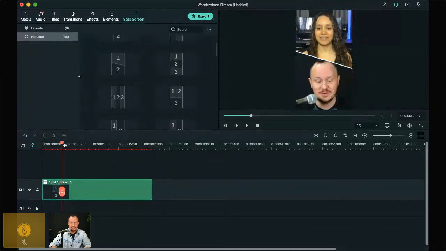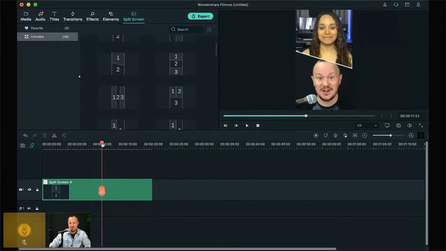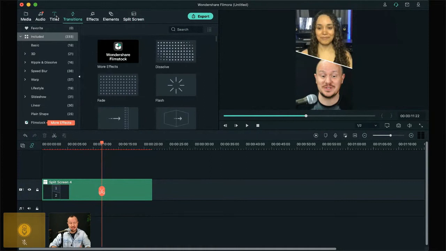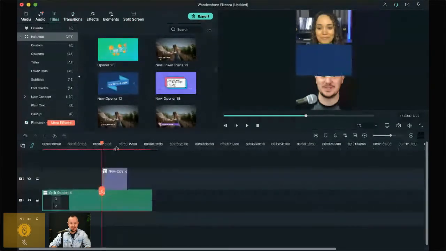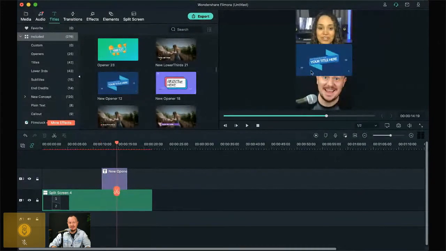And now I have a really cool split screen that I can share on my Instagram stories. I can even add text. Filmora has really cool transitions. The titles it has here are really cool as well. You can add your own titles over the top of your things. Some of these titles and different effects they have can be a little gimmicky. You want to be a little careful, but they're also really great for comedy shows and things like that as well.